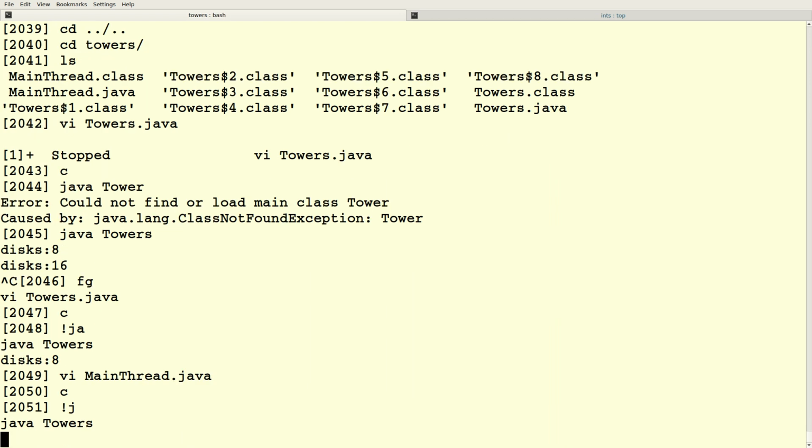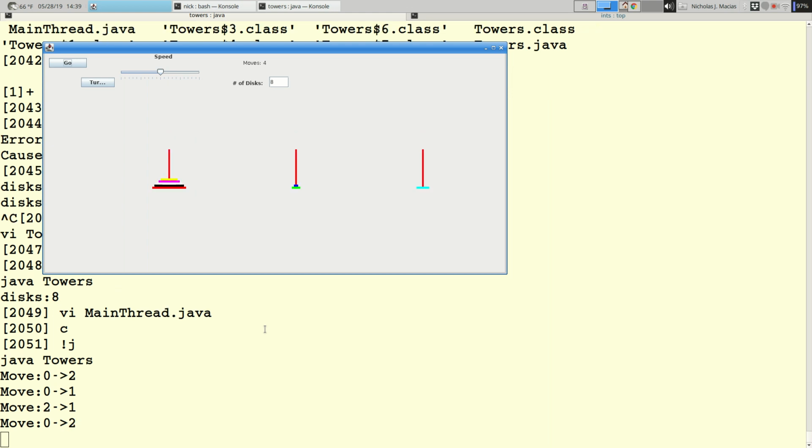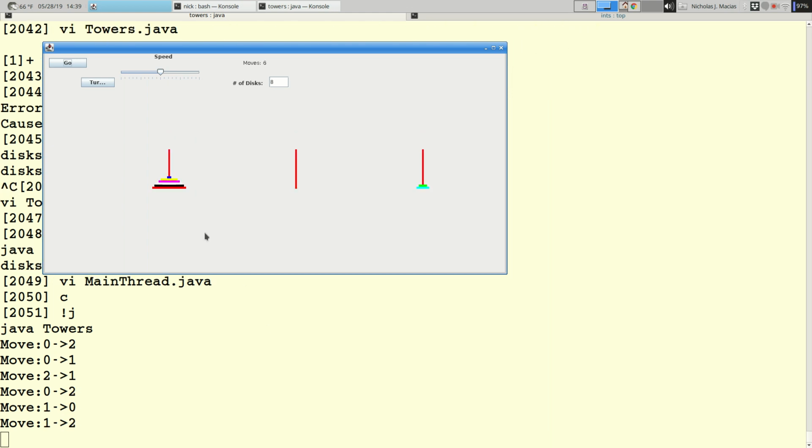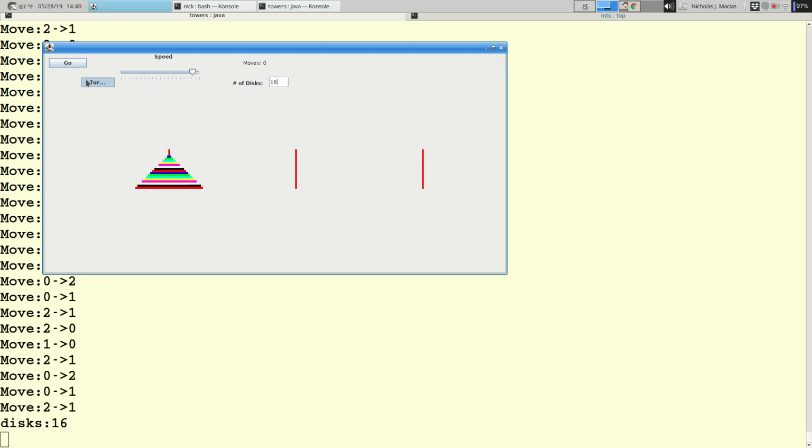So there you can see what the actual moves are. And there's a speed option which just affects the delay. So we can speed it up. And it's telling you how many moves you have on the top and so on. And there's a turbo option that just runs full speed. And so that's pretty quick. So we can do 16 discs. And in turbo mode, that's pretty quick. Let's see it again.